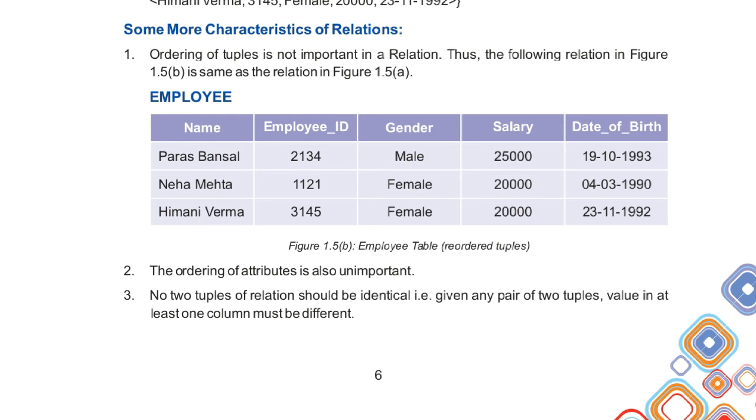Like if I enter an employee ID of any employee as a 6-digit number, say 1 2 3 4 5 6, then it is not valid because I have made a constraint on it, like my employee ID should not exceed more than 4 digits. Plus I have also applied the constraint that employee ID must be in numeric form only, it can't be in alphabetic form. Okay, so that is the domain that I want employee ID in integer form only, not in the alphabetical form, not in the character form. Okay, so these are the constraints.